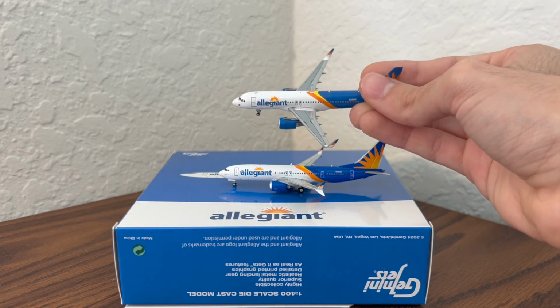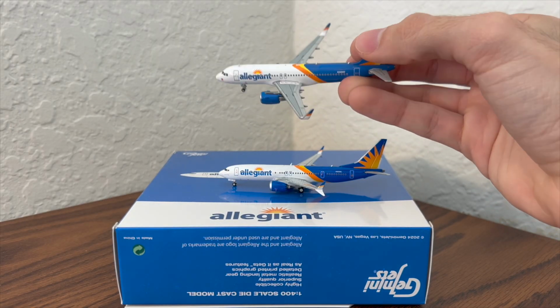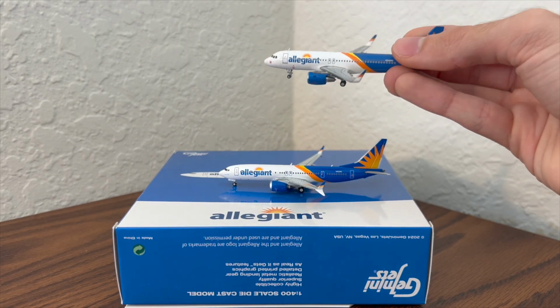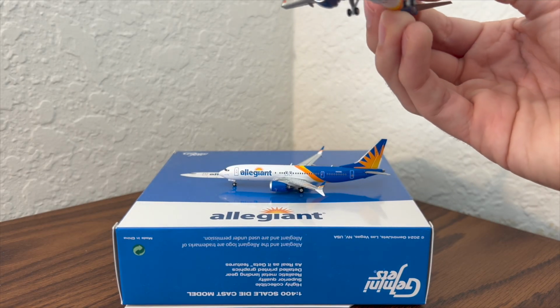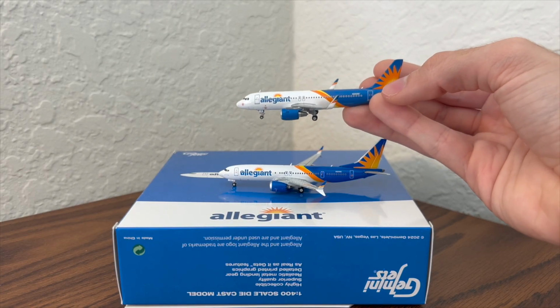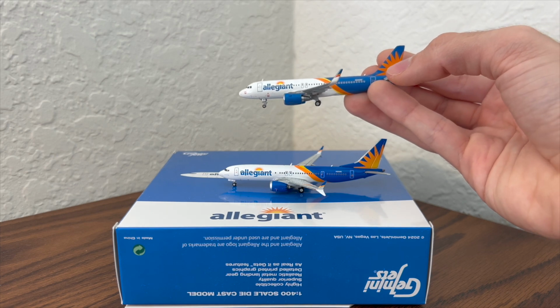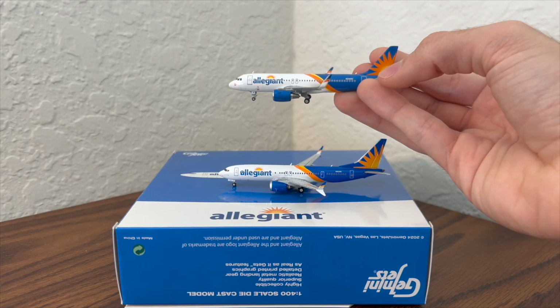Uses the same winglet design as the 737 MAX, of course, but in the MAX we of course have the split winglets. So now in the MAX we of course do have the split winglets. The A320 we just have the sharklets as we know them. And yeah, what Allegiant is basically trying to seek with this new 737 model is just larger capacity in some flights. As you can see here, the 737 MAX is a bit longer than the A320, and they also fit